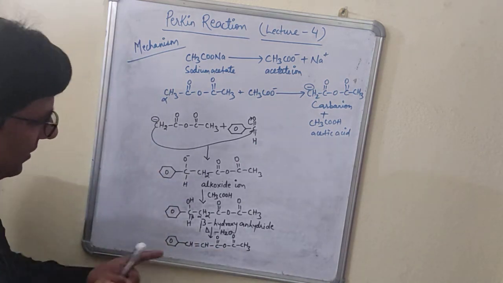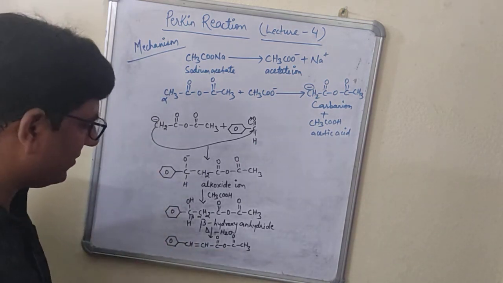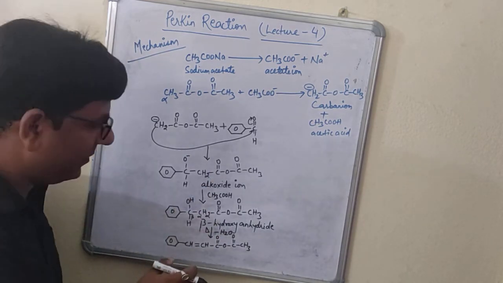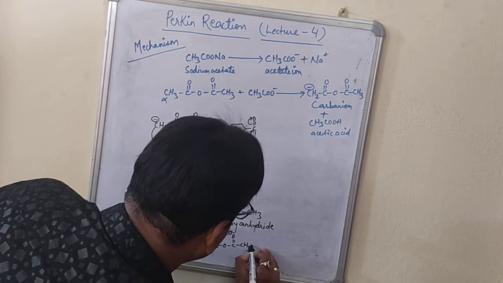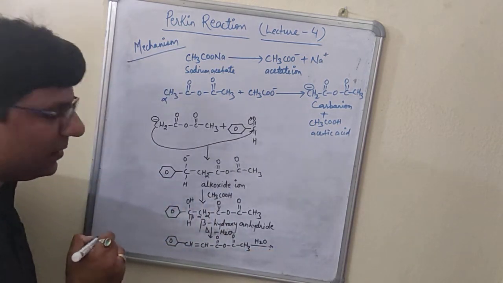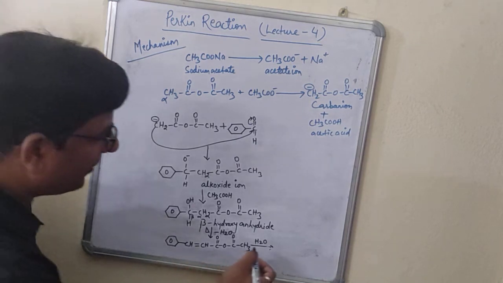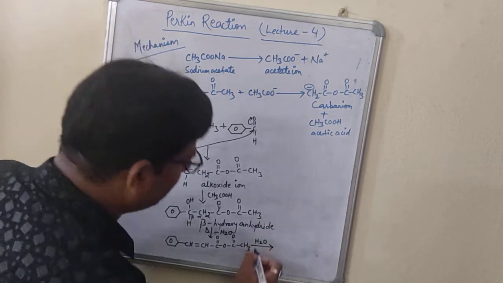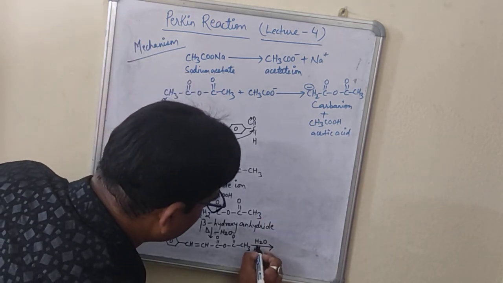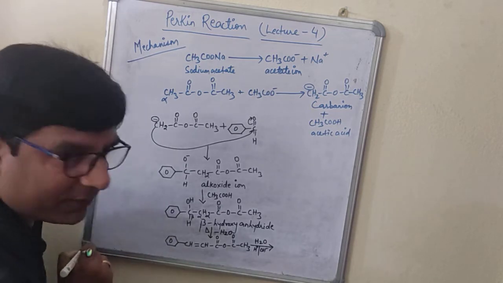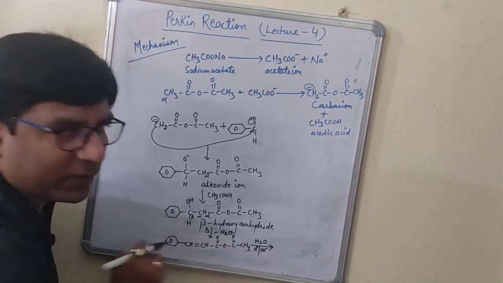Right? Now one more step is left, students. That is the final step. I hope you have understood up to here. Right? The final step will be what? We will do the hydrolysis. Right? When you are doing the hydrolysis, what will happen? In water you have the H plus as well as the OH minus. Right? Now, what you have to do? You have to add H plus and OH minus.